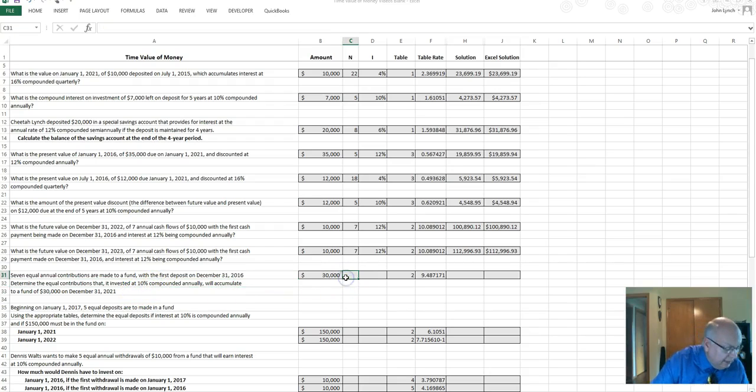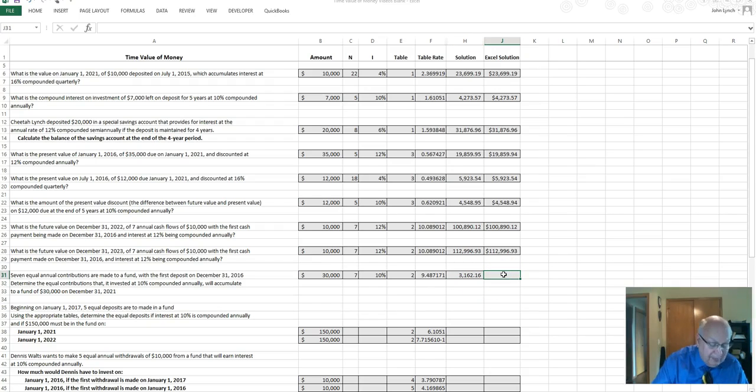Okay, I want to try to pick up the pace a little bit so I can get everything done on this one, because we've gone through in detail how to come up with the percentages and that type of thing. This is table 2. Now this is a little bit different because on this one you want to know what we are looking for. That's the key. Determine the equal contributions if invested at 10%. So we want the payments on this one. So we have equal. We want 30,000. In this case, we're going to divide it by that factor,